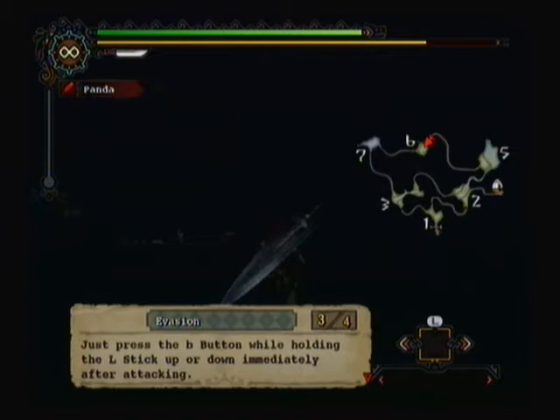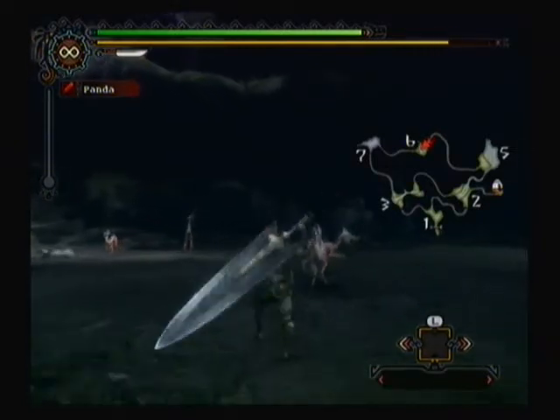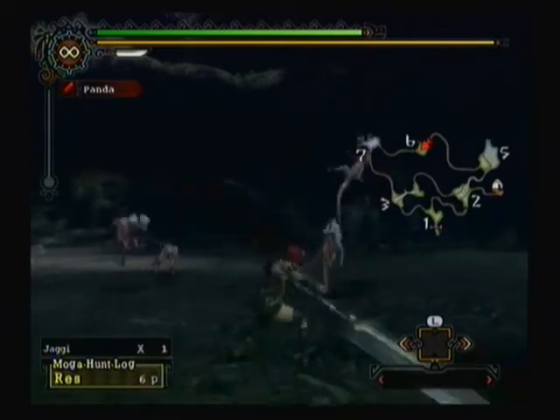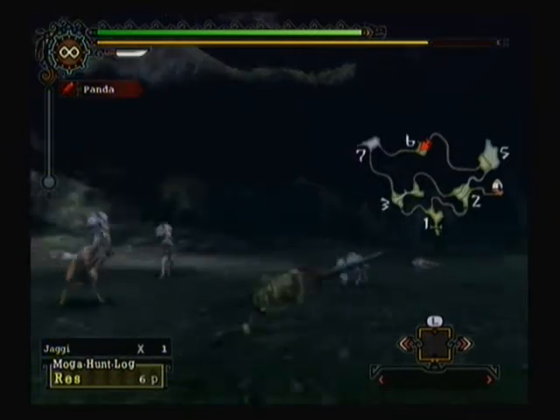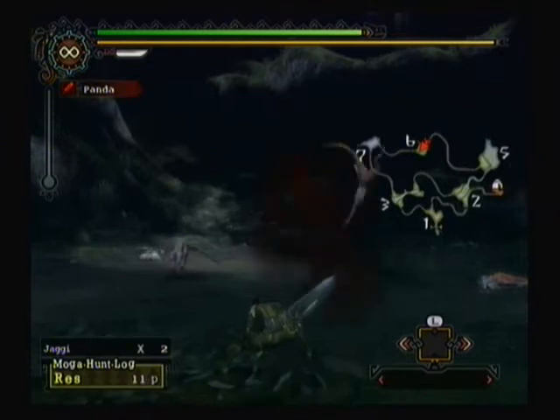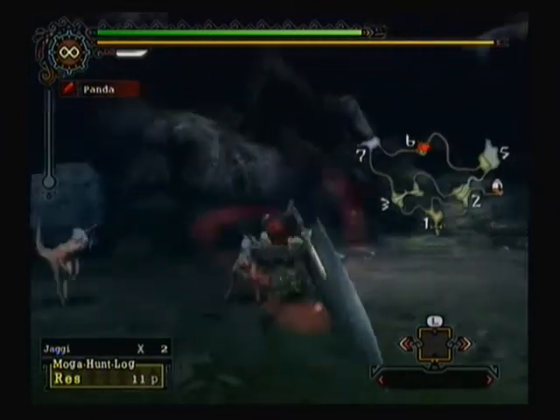Something to do with evasion. Press B to evade. Yeah, pretty much one of them. Right. So, I'm being a bit stupid here as I'm attacking them without having picked up any herbs or healing items first. I technically don't need them as they're only jaggy, but